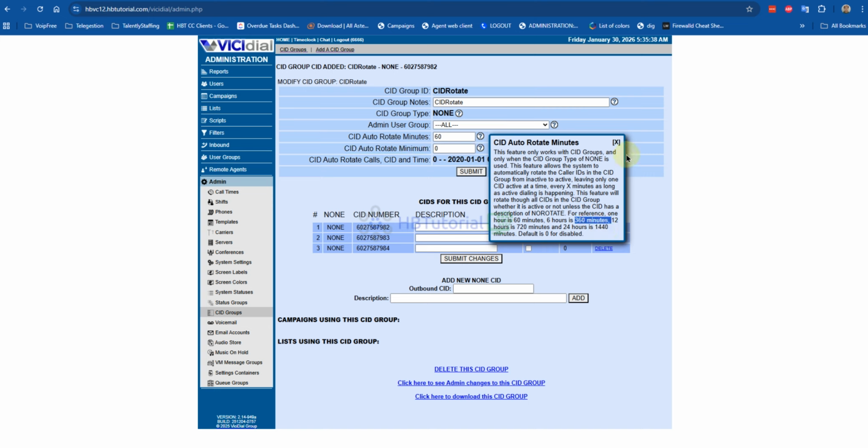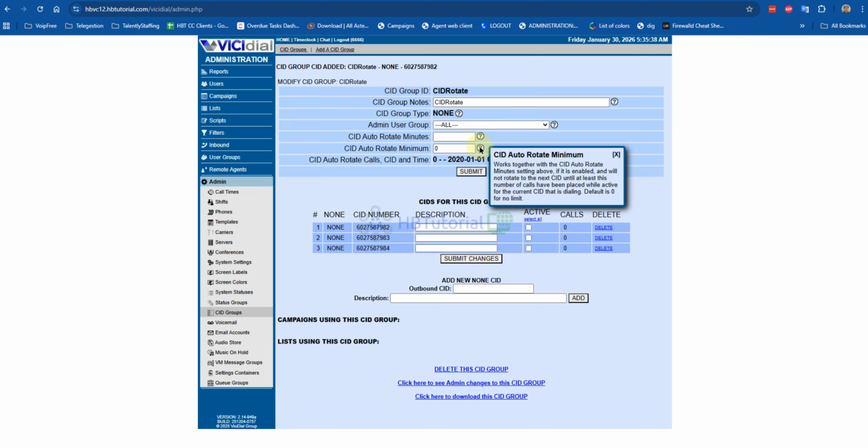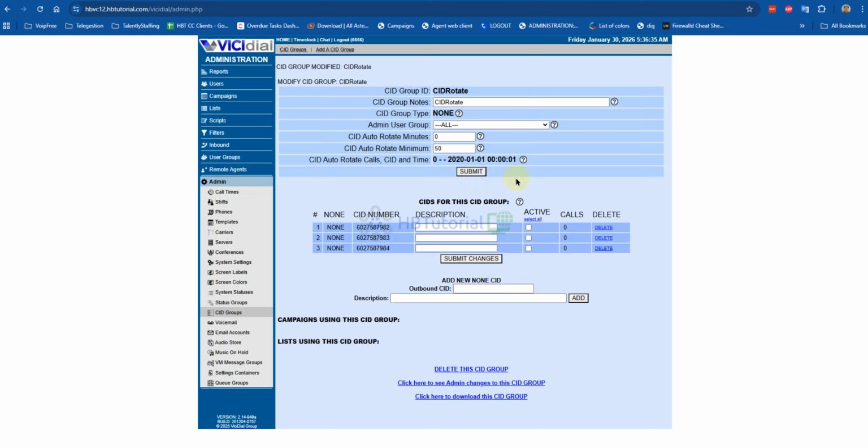Okay, and minimum auto rotate minimum, but mostly this one is not accurate, especially if you are on predictive dialing and you are dialing a lot of numbers. So if you set only 50 here, sometimes it will exceed the use of the DID.